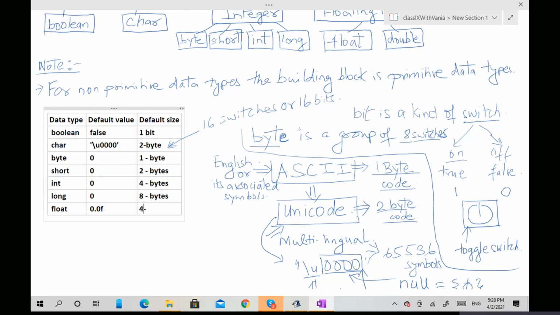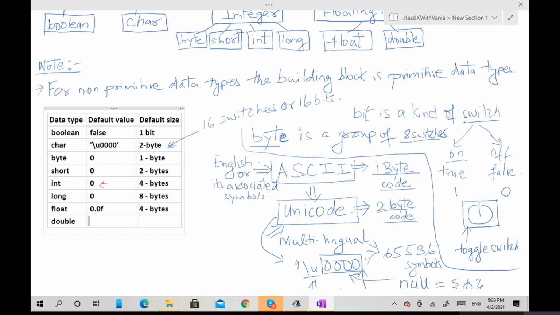So why F? F denotes that it is a float. In Java, the default type of a numeric value is int, and for decimal point values the default type is double, 0.0. You learned the default types of Java in class 8, and in class 9 we will learn all these types.